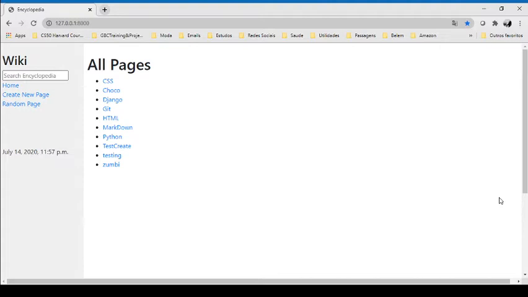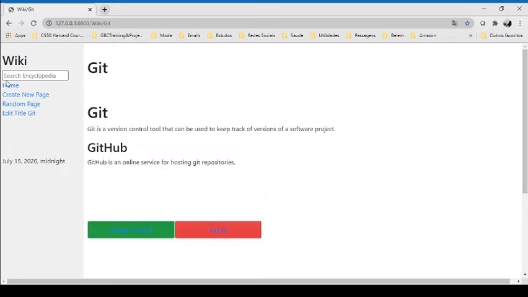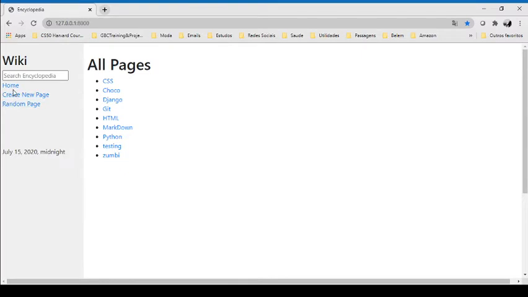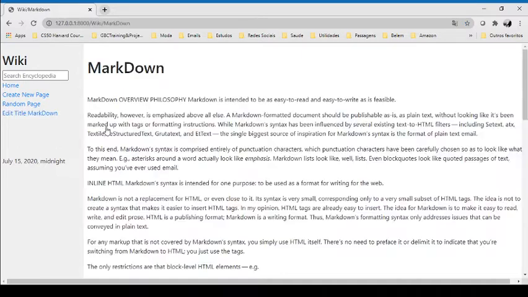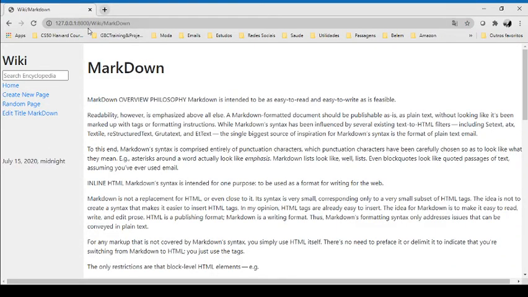We're programming with Python and JavaScript, the new version, the Wiki project. So this is the first page where we can see a lot of titles that we have on the base. They are formatted from Markdown to HTML. If I click on the page, I can see the name of the file on the path,